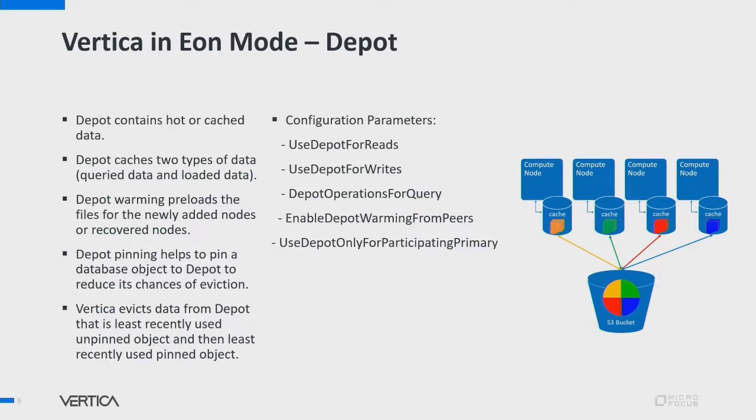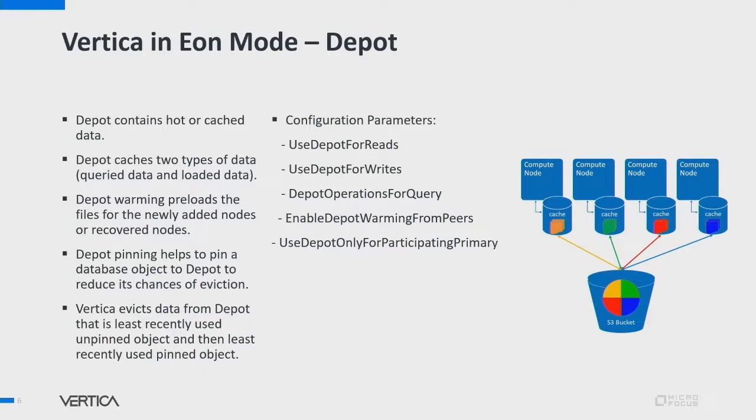In Eon mode, Vertica has to fetch the data from communal storage, and it can be a bit slow compared to accessing the data from the local disk. In order to improve the speed, Vertica maintains a local disk cache of the data called depot. Whenever you execute a query, Vertica initially checks whether the data it needs is in the depot. If it is, then it finishes the query using the local copy of the data. If the data is not in the depot, the node fetches the data from communal storage and saves a copy